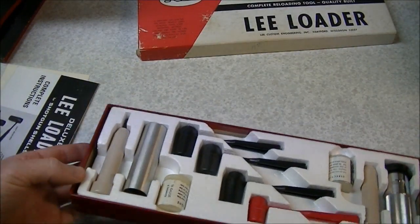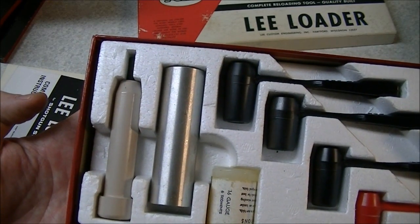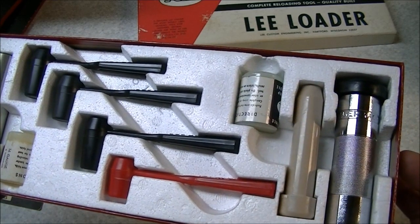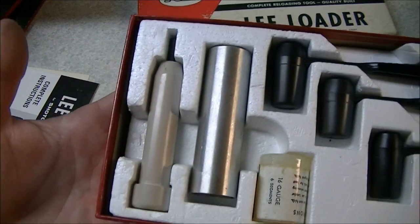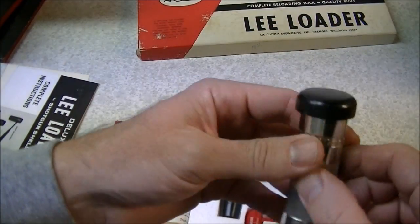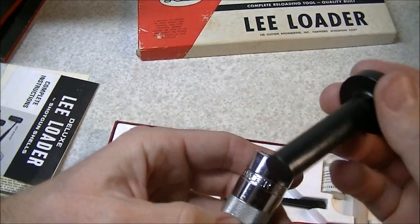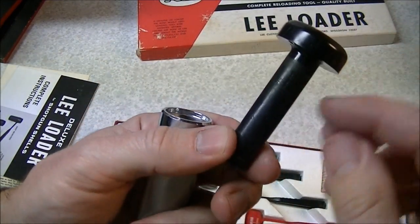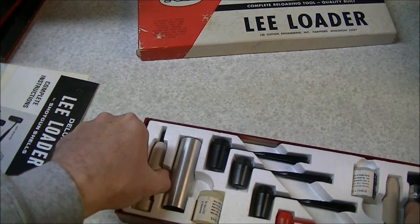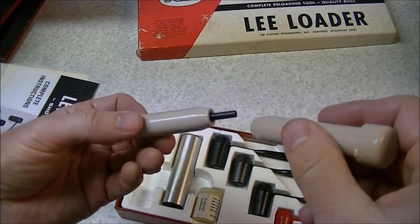And the contents. Now this is in really super shape. I don't think this one ever got used. I think this is one I bought off eBay a number of years ago as new old stock, and as you can tell, it looks to be virtually unused. Pretty much the same as the other kit. We've got the die body of steel plated with the plastic rammer. I guess there's some wear on that rammer. It probably got used a little bit. We've also got the plastic decapper, the plastic recapper,